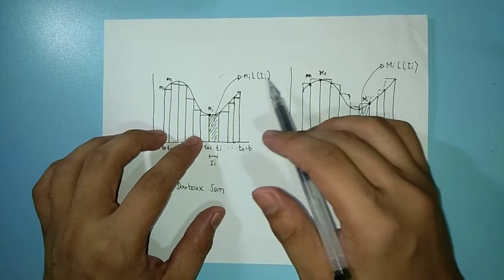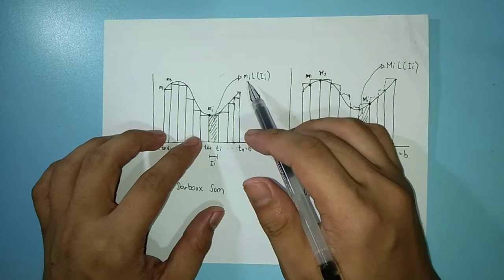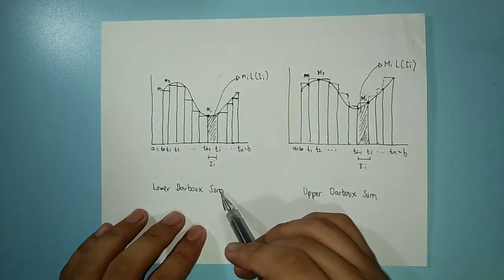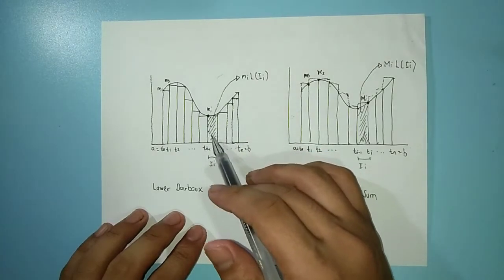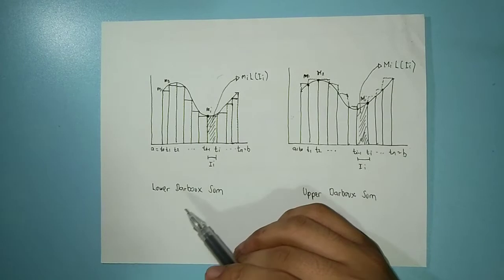Yung base natin, ito yon, length ng I sub I. Tapos yung height natin, ito, m sub I. Okay, which is yung infimum. So sa lower Darboux sum, ang height natin ay nakadepende sa mga infimum ng bawat interval. Okay? So ibig sabihin dito sa